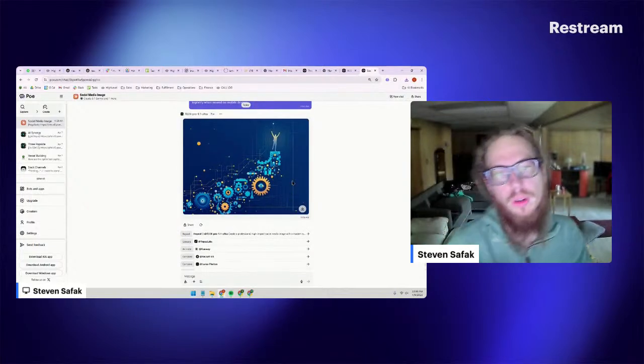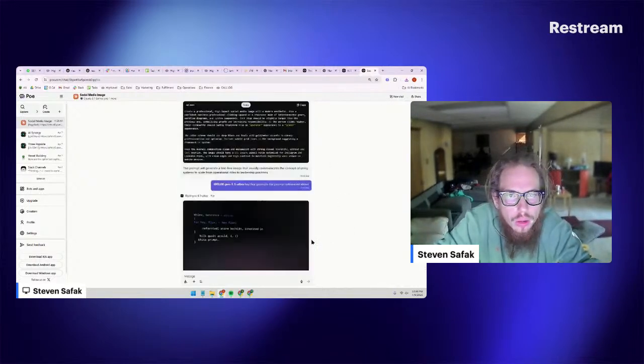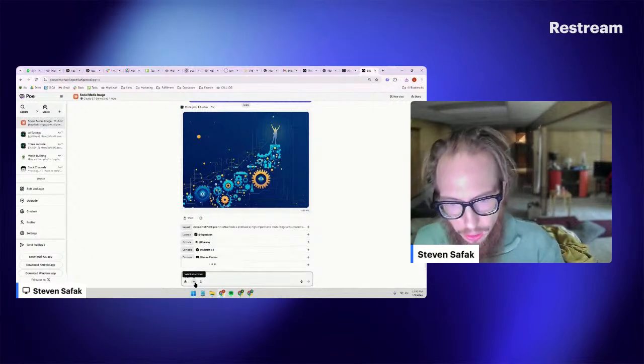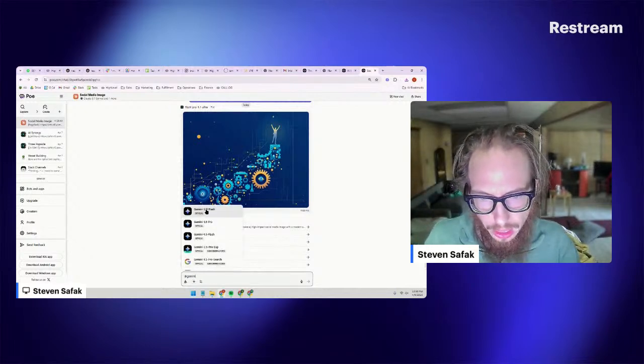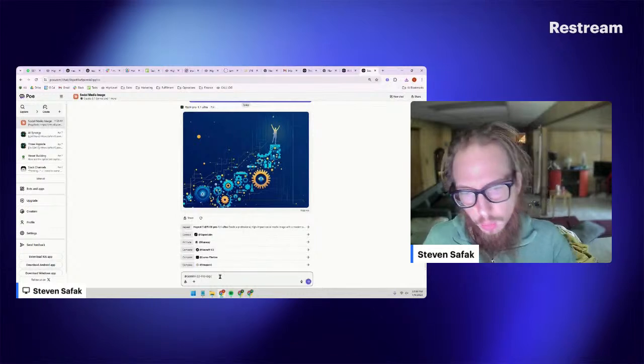And this is beautiful here. So look, that's the beauty of Poe: right in one window, you can be talking with, and then you can say you like Gemini, right? Gemini 2.5 Pro, which is a new one. It's already on Poe. We can say,